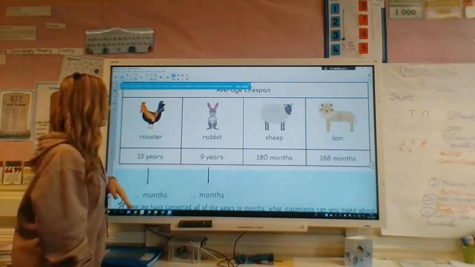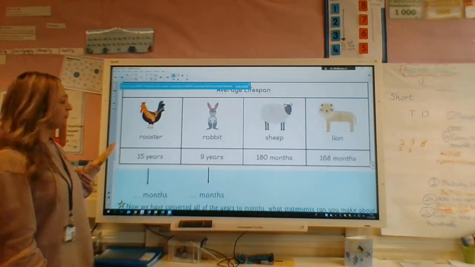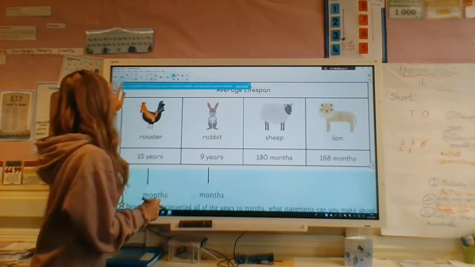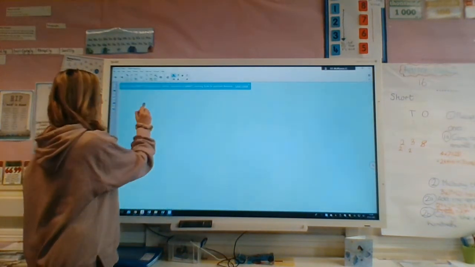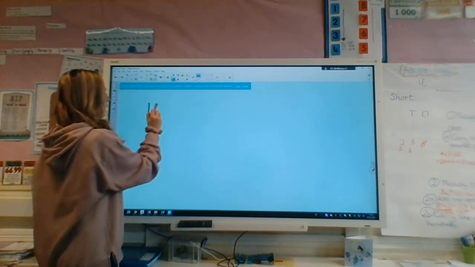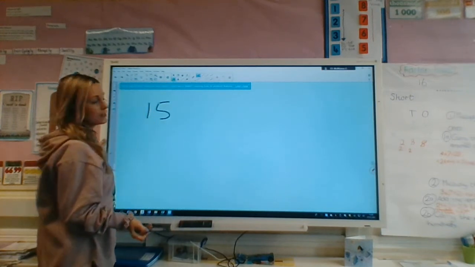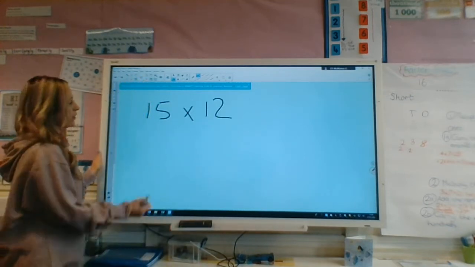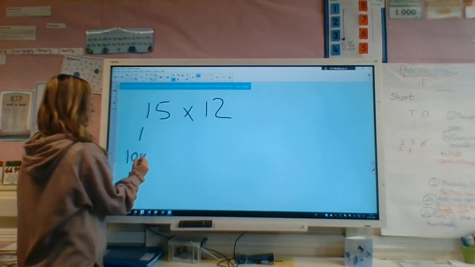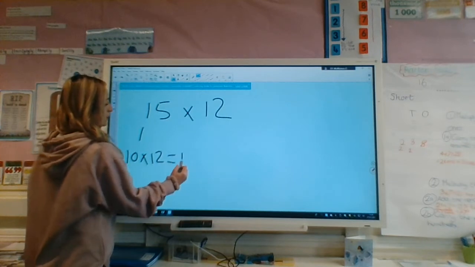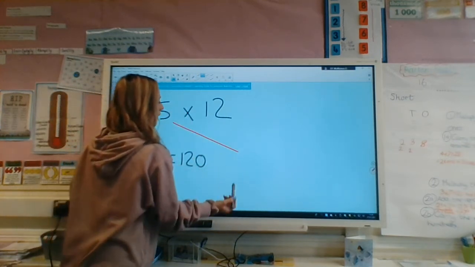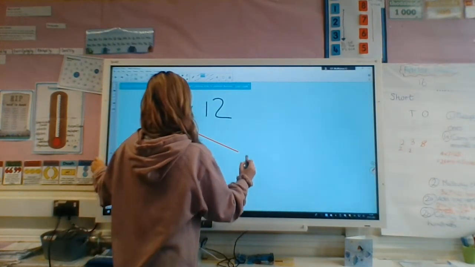So if we are looking at this rooster who's 15 years old and we want to know how many months that is. Well, because there are 12 months in a year, what you need to do is 15, because that's how many years the rooster is, times 12. Now if you find that tricky, you could do 10 times 12, which you know is 120, and then you could do 5 times 12, which is